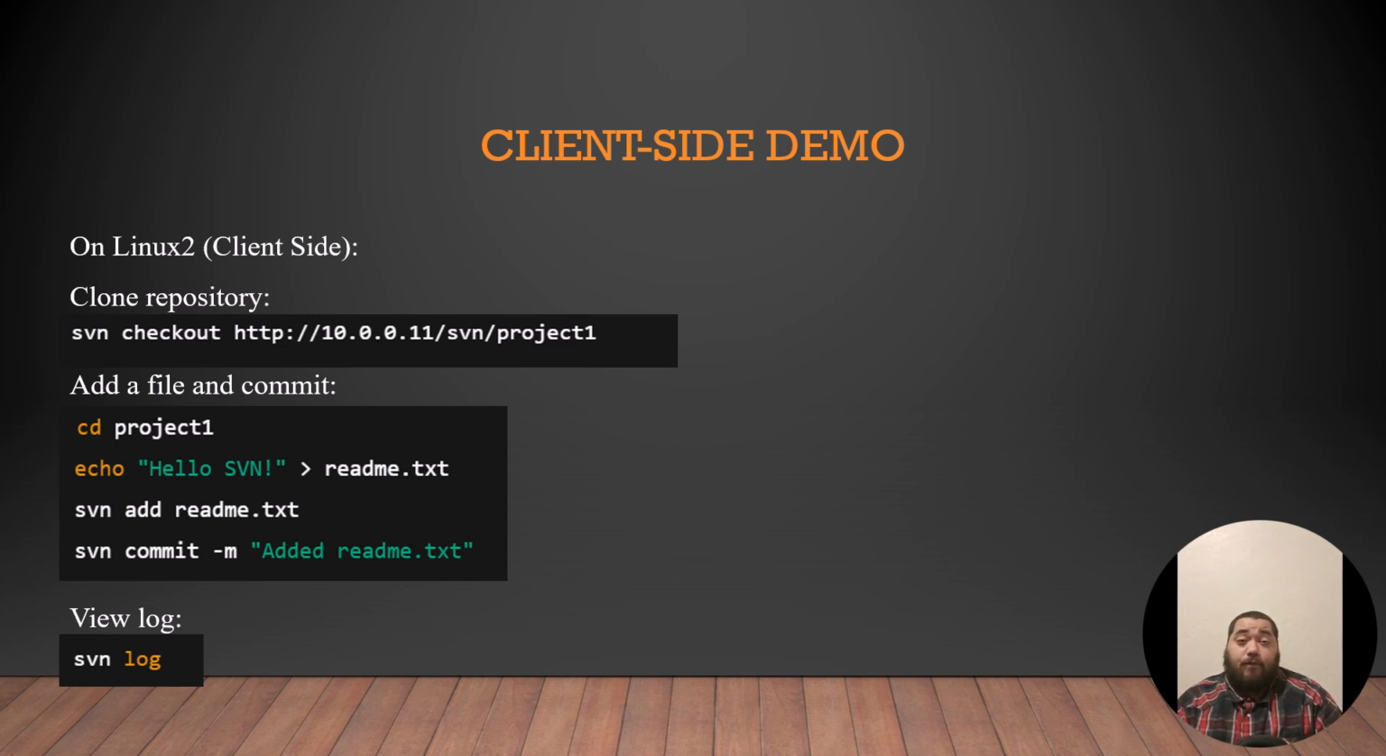After you have downloaded or cloned the repository and you want to add a file, you have to go within that directory. cd, change directory, project1, and then you can use echo to type something within that. And after you type what you want, you're going to use the arrow and then the name of what you're typing. In this case, it's readme.txt, and then you use svn add readme.txt, and then you also need to